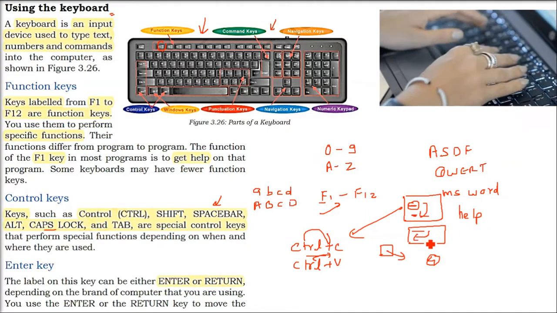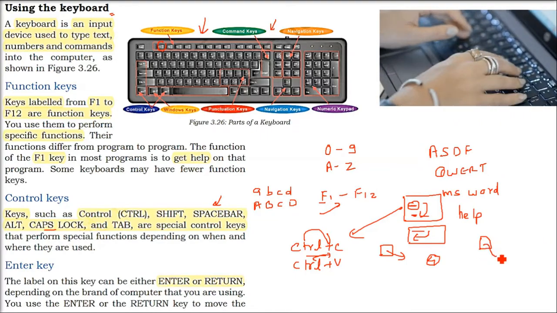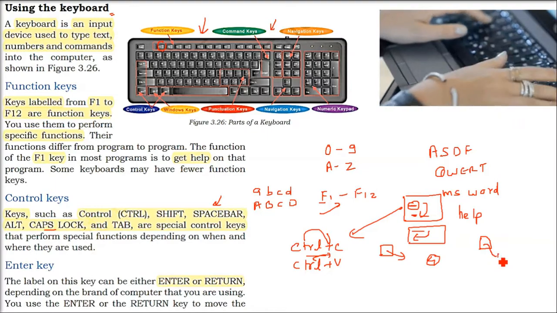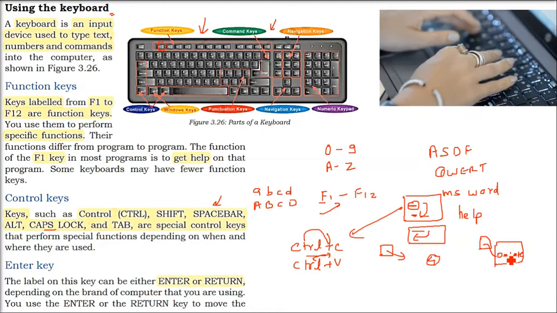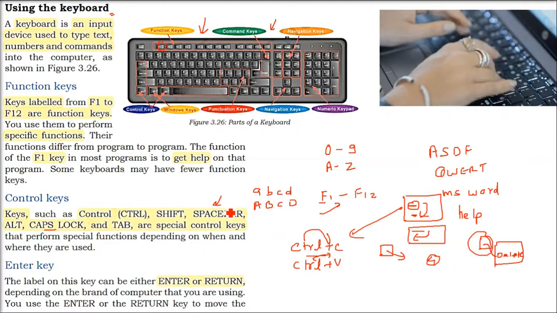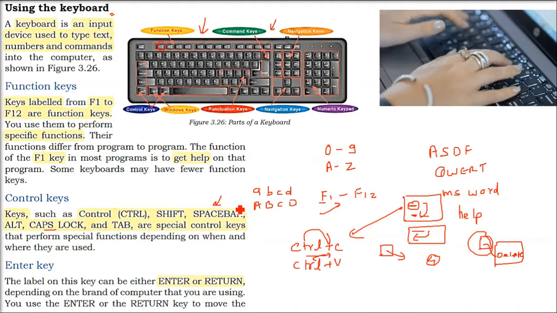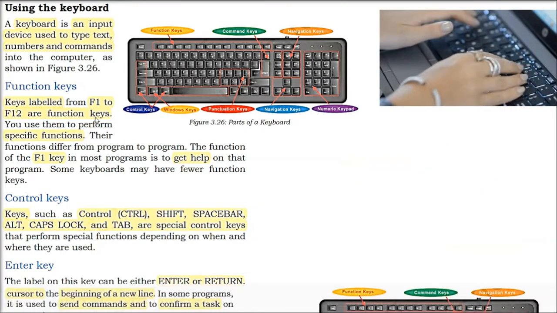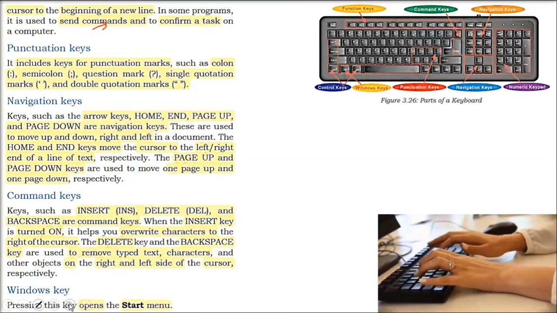Something you have written, say on WhatsApp you are messaging something, then you press Enter, the message will be sent. Okay. So if you right click a file with the mouse, you come to the delete option and then you press Enter, what will happen? Enter will delete the file. You can do it by mouse also, but Enter is basically the final touch. Right? Again, it can take you to do the commands, or if you want to confirm a task, that is the final touch it will give.